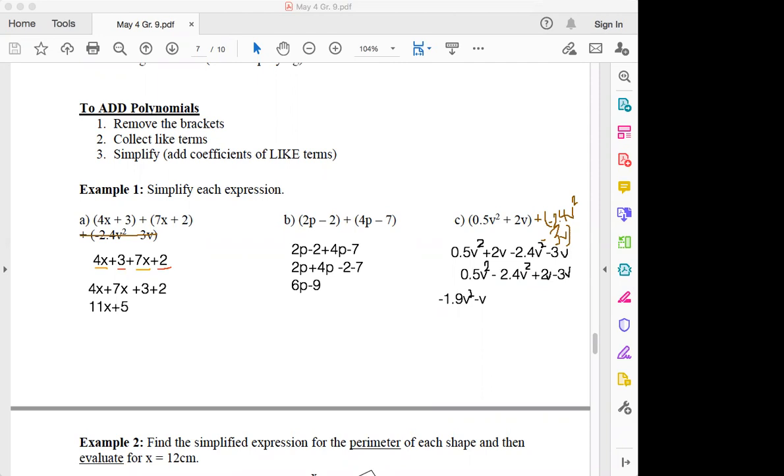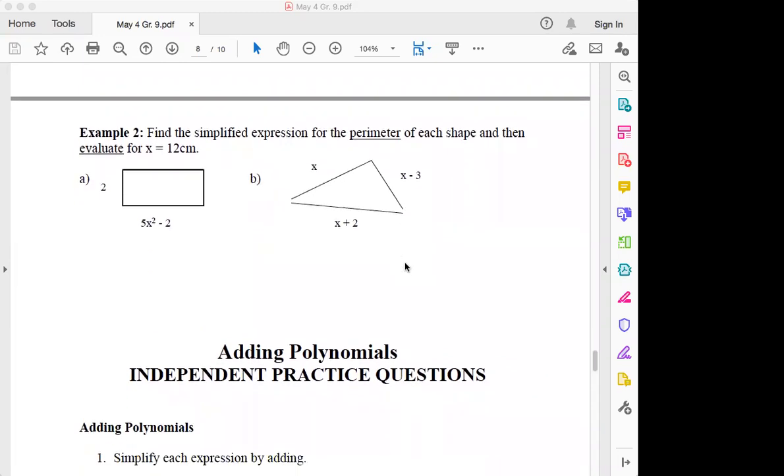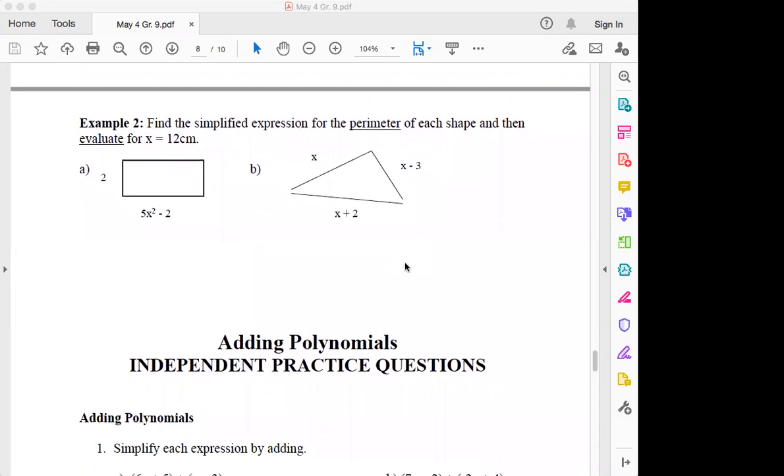All right, so I'm going to clear this. We're going to keep going to example number 2. Find the simplest expression for the perimeter of each shape. So we'll start by doing that. So I'm going to draw it, I guess. When we're doing the perimeter, we're going to do this side plus this side plus this side plus that side. So we're going to do 5x squared